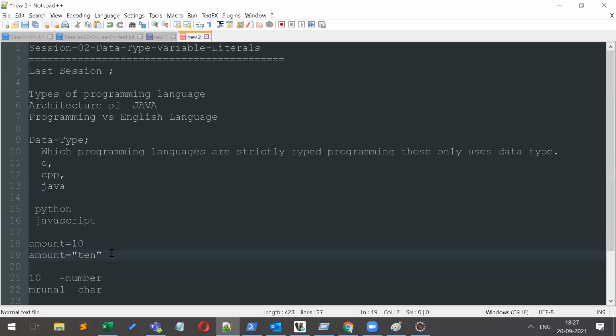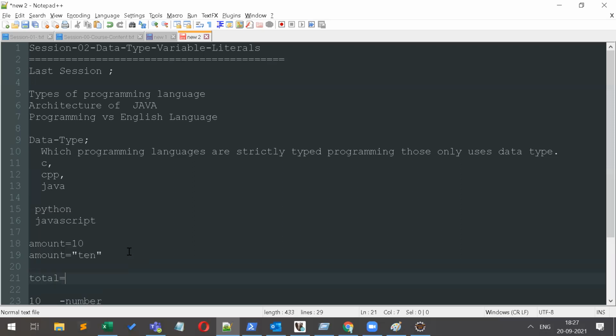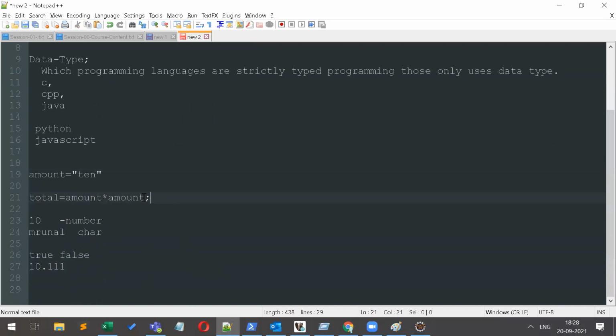So which one is the correct one, Riddhi? If you want to multiply some amount, let's say for a total bill, so amount into amount. Suppose I have put 10 here. So what will be the output here?